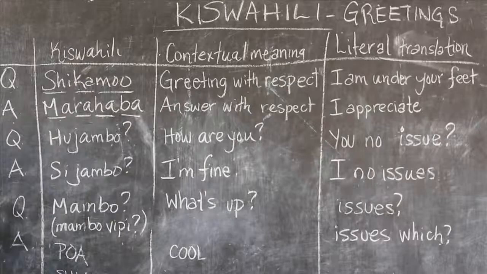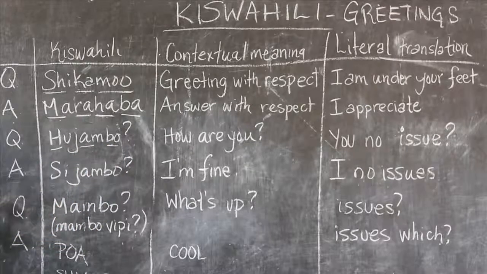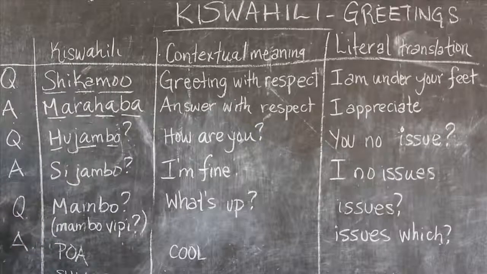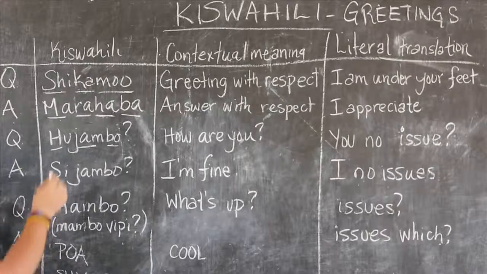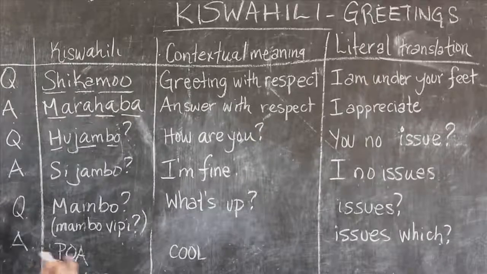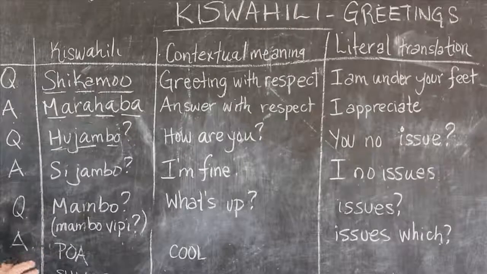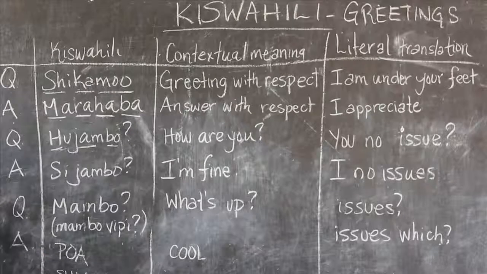If you're outside of Tanzania, you'll have a less formal greeting, more commonly heard, hujambo. Hujambo. The emphasis comes on jam. Hujambo. It means how are you? It's not as formal as shkamo, but it's slightly more formal than mambo, which we'll learn in a minute. Hujambo literally means you, no problems. No problems, no issues, no things. It's a question, it's a greeting that you'll find, and again, it's kind of middle ground. It's not very formal, it's not street slang, it's middle ground.